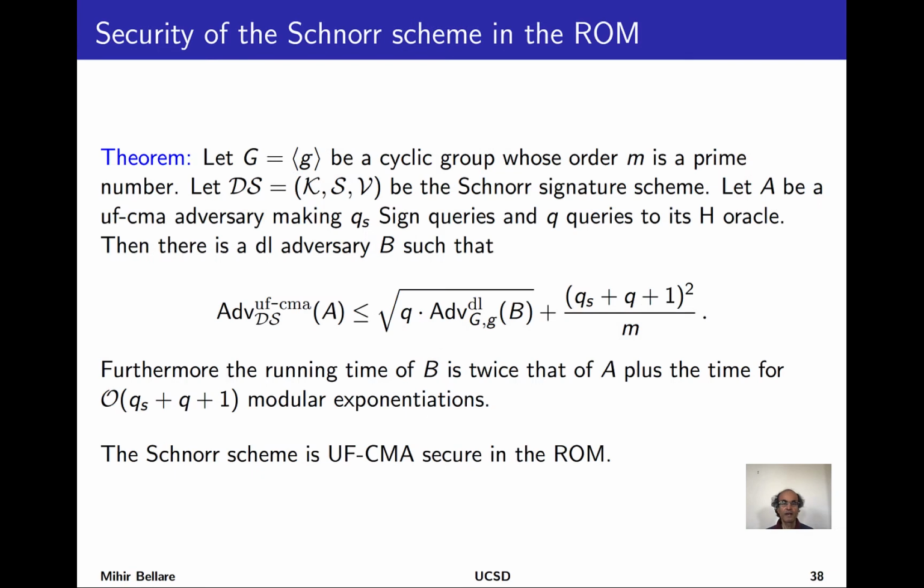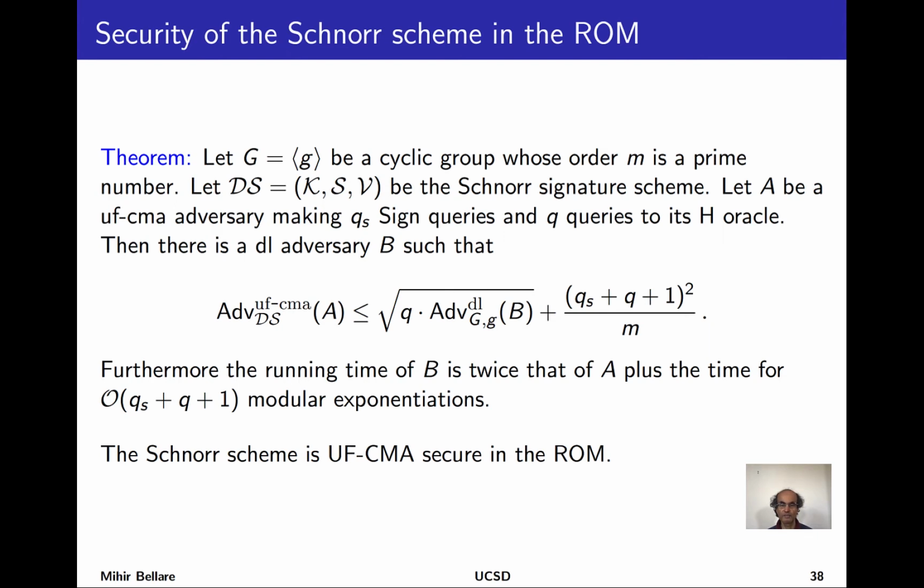All right. Now, it turns out this works, and this is the theorem capturing that. So we fix again our cyclic group of prime order M, and we consider the scheme, and we let A be some adversary attacking UF-CMA security, and of course it has some resources, some number of queries to the sign oracle, and some to its hash oracle. Because again, of course, this is in the random oracle model for the hash function. And the proof constructs a discrete log adversary, meaning security here is under the assumption of hardness of the discrete log problem in the group,